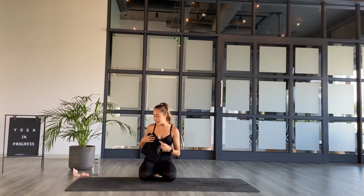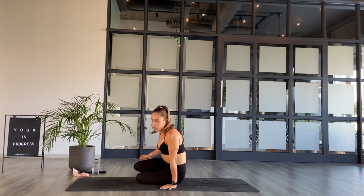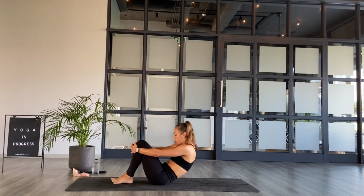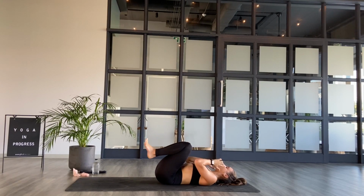So whenever you're ready, you can either stay as you are, get some water if you need, or you can come to sit on your sitting bones as we move to core. So for core, 2 components to this, again, a bit of a combo workout. So we're going to begin